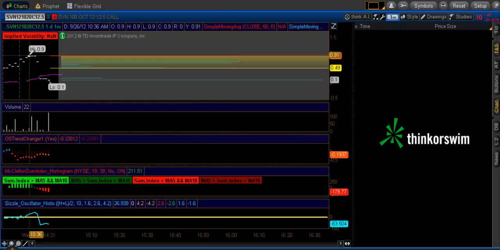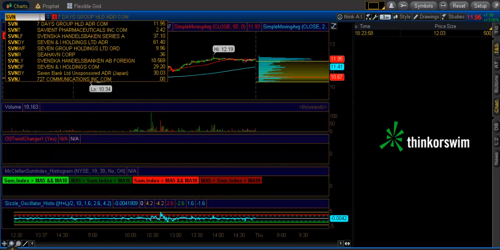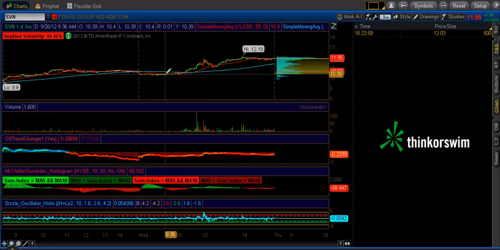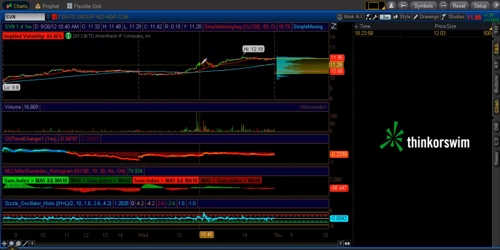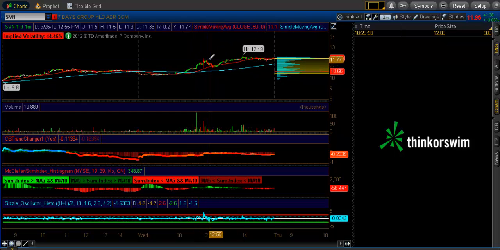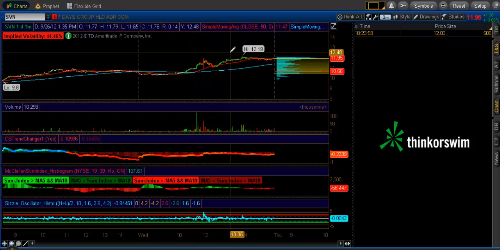But my play was to play for some kind of takeover, and with this creeping of this move higher, this was very intriguing. What was interesting here is that you could see the volume of 99 contracts traded at 90 cents, and this trade took place right at about 9:37. So if we go back here and look at SVN, look at 9:37, somebody was trying to act on this move, and they paid a hefty price for it, only to not get the deal price supposedly. We'll never know exactly why that trader purchased it or got in, but they picked up quite a bit of